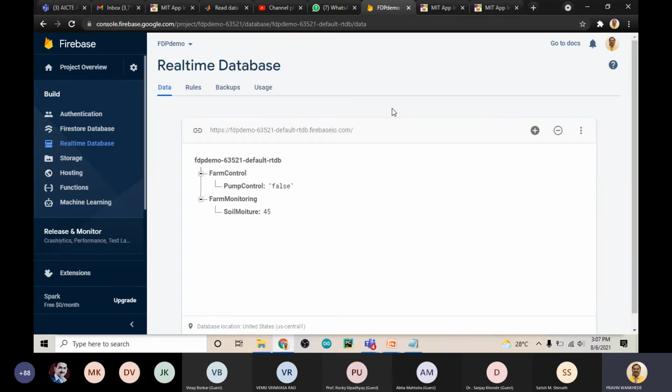And the next part is you just program your hardware in such a way that the data that you want to monitor on your mobile app should be sent from your IoT node to the Firebase cloud, so that we will receive it in a mobile app. And whatever the data that we are controlling in a Firebase database, just like the true and false, let us receive that data in your IoT node and control some actuator. Okay.